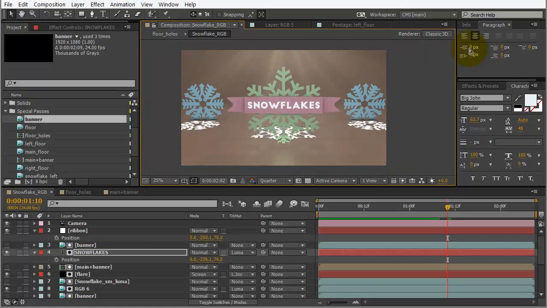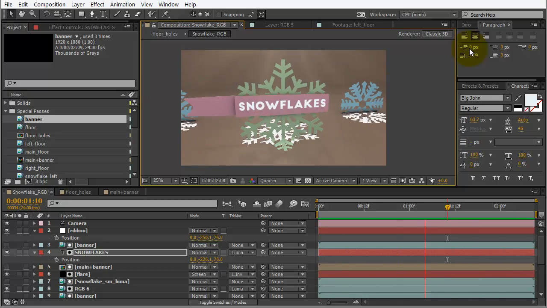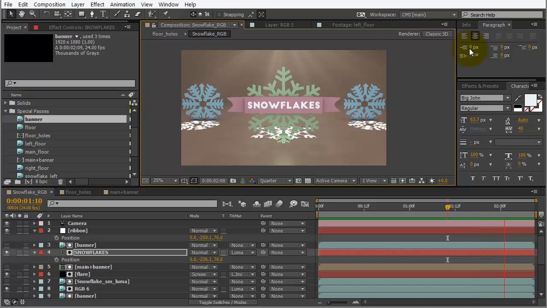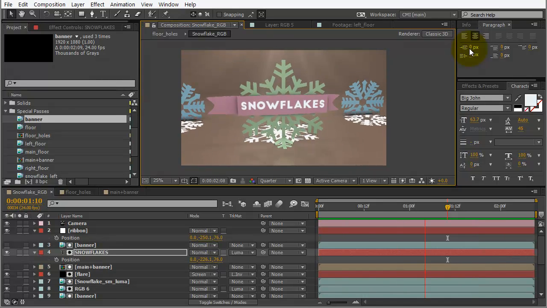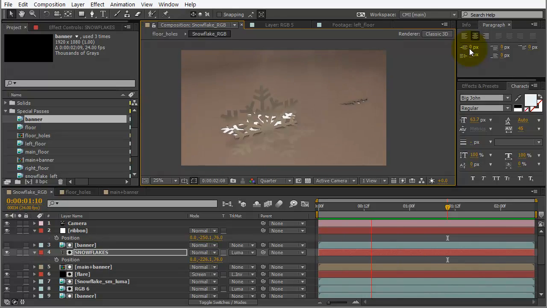Alright, let's do a quick RAM preview here. So there we have it. We created our snowflakes in Adobe Illustrator. We took them over into Cinema 4D. We extruded those. We went ahead and made it look like they're peeling from the floor. We exported just a grayscale animation out of Cinema 4D, and then we explored some different ways to colorize it